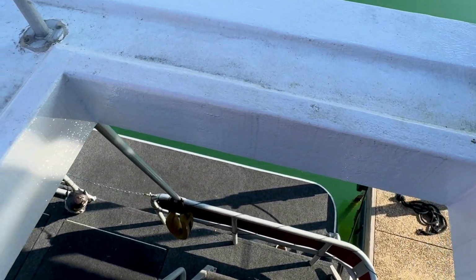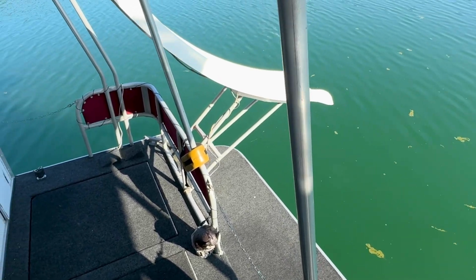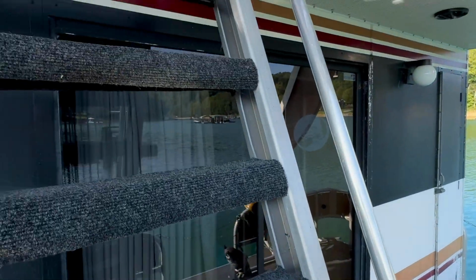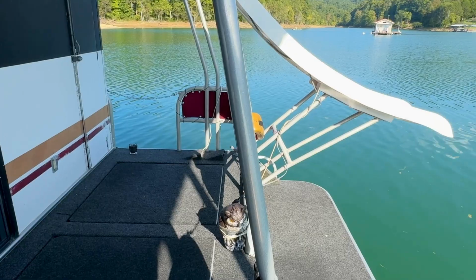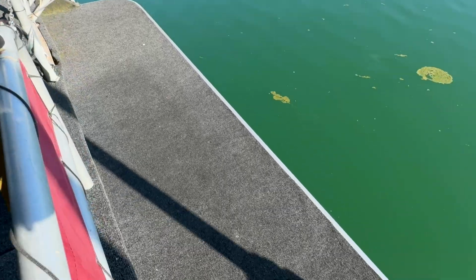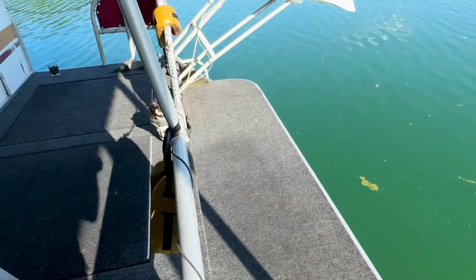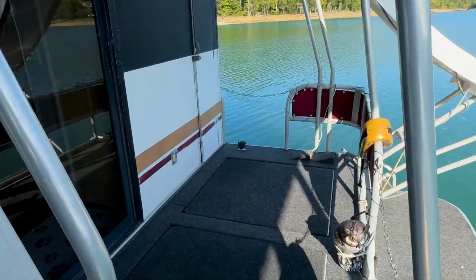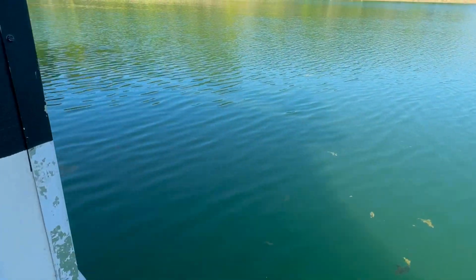This ladder is actually quite wide. It's got a really good handrail on it, and it's got a pretty good slant to it as well. It's much easier to use than many other ladders we've been on. So this is where that mount for that davit would have been, and that would have basically gone up, and again that little rail right there would have been a pass-through in order to lift small watercraft up on the